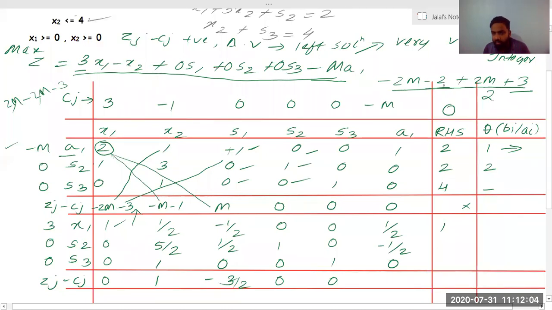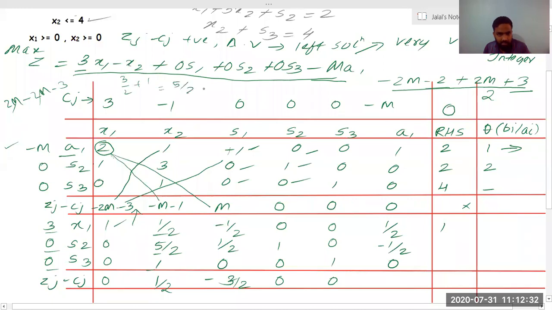So what will remain here? Just see it clearly. 1 divided by 2. I forgot to write it. This is the issue that we had last time also. We forgot to make some minute correction. So this is 1 by 2. We can see it from here also. 3 by 2. You can see it from here. 3 into 1 by 2 is 3 by 2. 0 into 5 by 2 is 0. 0 into 1 is 0. So 3 by 2 minus of minus 1. So 3 by 2 plus 1, I think we are getting.